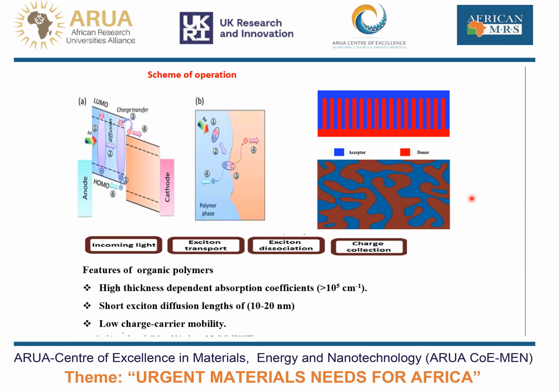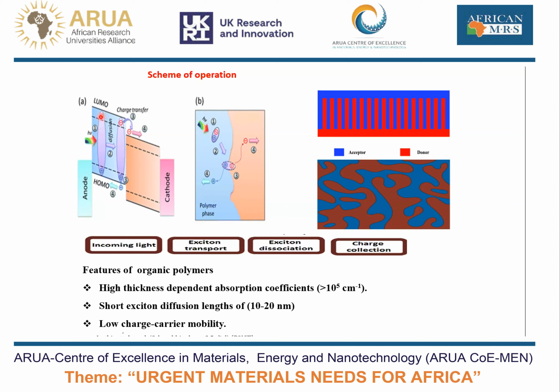So ideally, if you look at what we call organic solar cells, their difference from silicon is that these materials have a low dielectric constant. So that means that when light falls on them, we will not be able to get free charge carriers at once. What will happen is that you get a hole and electron which are coulombically bound, which are called excitons. Therefore, you need two materials such that at the boundary of these two materials, you have an energy difference which will be used to separate these charge carriers into free electrons and holes. So if you look at here,